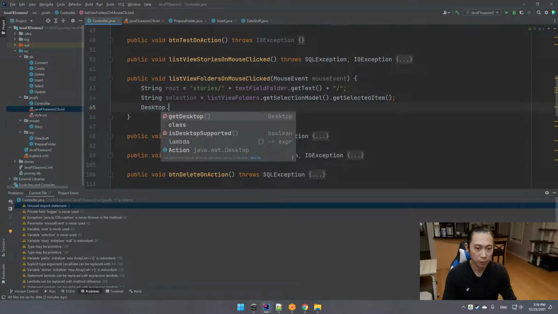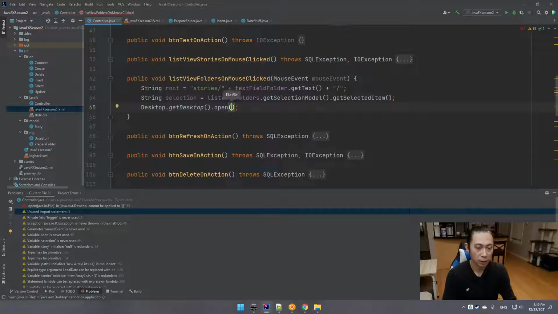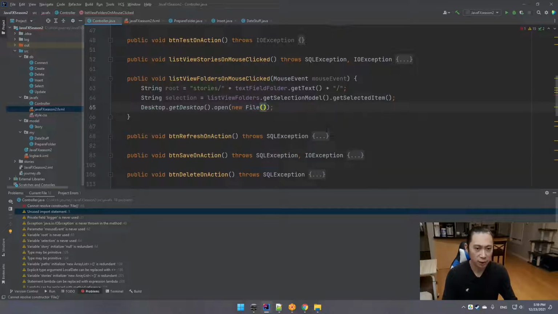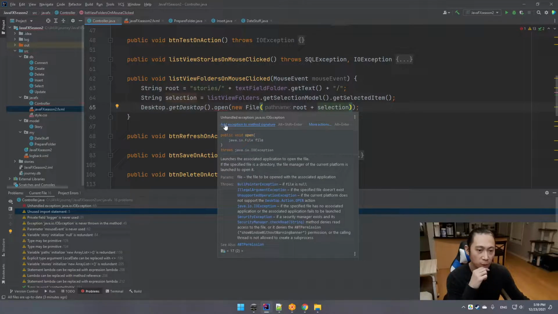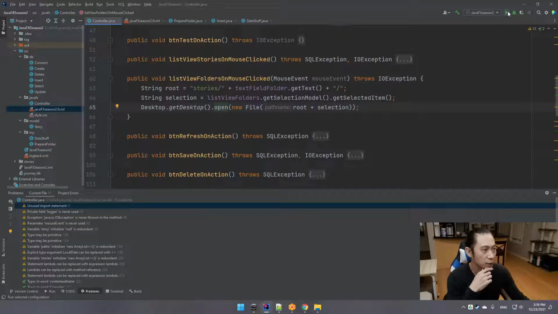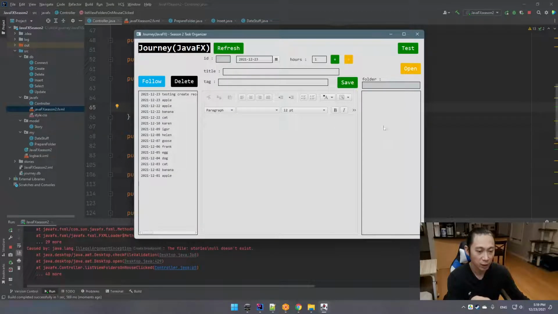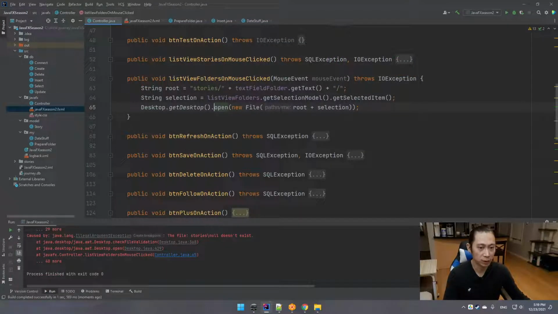So desktop dot get desktop open. This one gonna be a file, right? So how about we just new file, and then instead of this we're gonna say root plus selection, right? So in this way it's gonna open up the item we just clicked, right? But we may need to handle what if the selected item is null. Yeah, that's right. So we're gonna do this selection, this string selection, let's say,